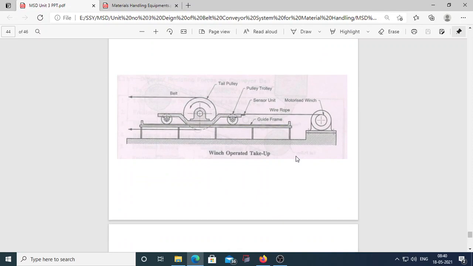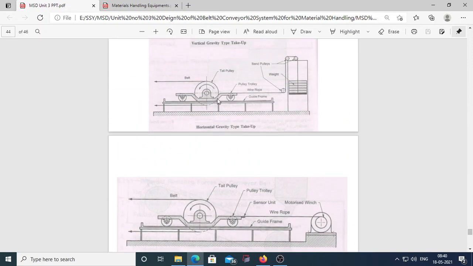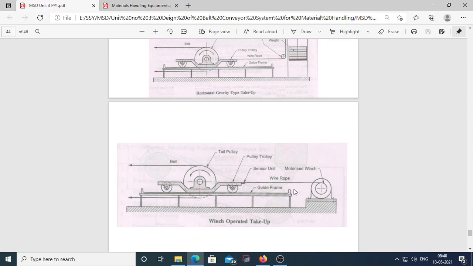In the winch operated take up device, see the figure, it consists of, first, again a tail pulley. The same construction is given as in the horizontal gravity type, but see what is the difference. It consists of a tail pulley mounted again on a pulley trolley, having four flanged wheels. The pulley trolley is loaded by the motorized winch.